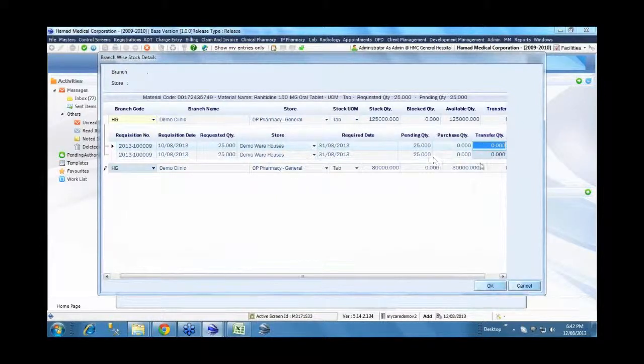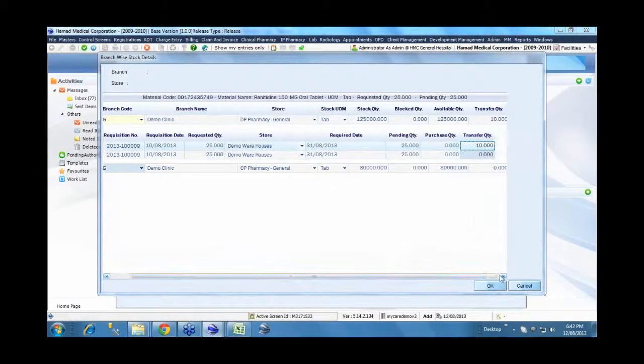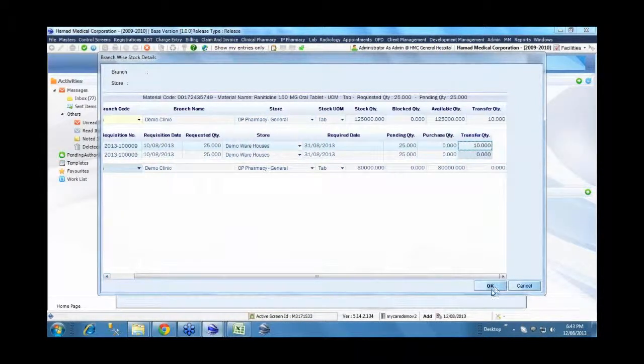Once I click on the click to transfer button, it will list the details of that particular request, and I can decide how much quantity I will transfer now. They may have requested 25, but I may not have the entire quantity to transfer to them.